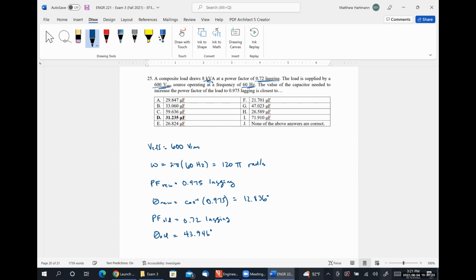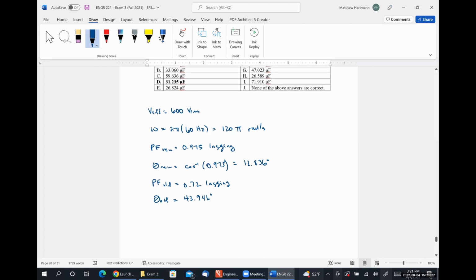And then I give you 8 kVA, so that's the magnitude of S old is 8 kVA. And so from this, P old is just going to be